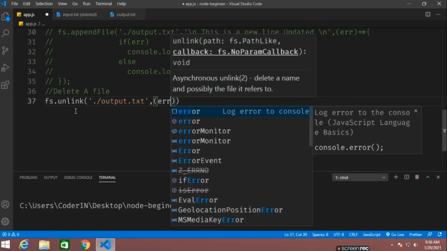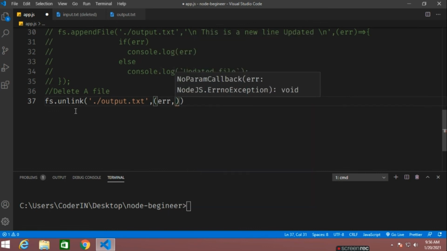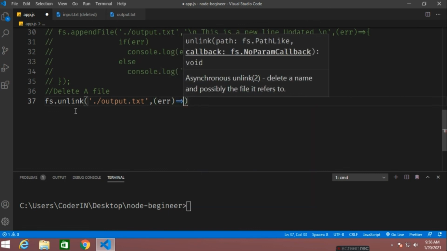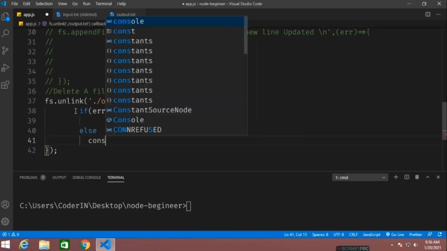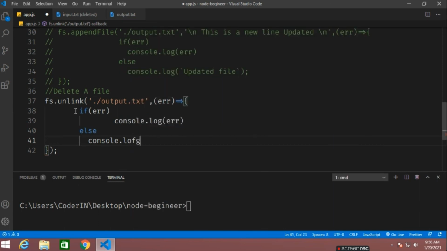It will take a callback function, in case there is any problem with that file. It will show me the error. So if error, console.log error, else you can show that the file has been deleted from the system or from the folder itself.